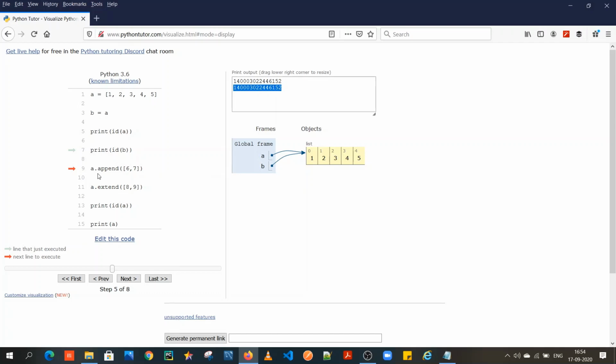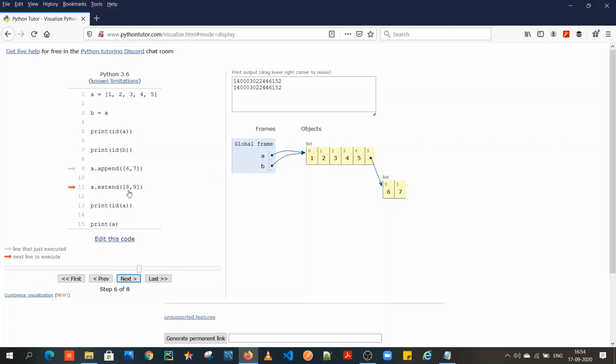Now let's go over two of the functions which lists have. One is append and one is extend. When I try to explain append and extend, what I would say for append is that it takes this argument and places it at the end of the list. Again, it doesn't make much sense, but let's see what happens when you click next. Here you go. This is more explanatory than what I said. Now I'll just repeat what I said before. What append does is it just takes this argument and places it at the end of the list. This sounds more explanatory, and it does help you understand everything better.